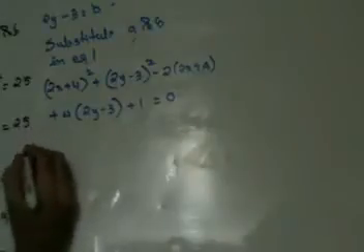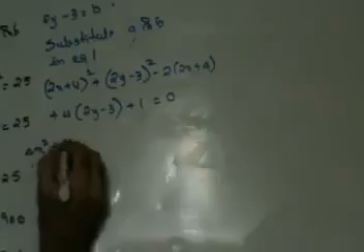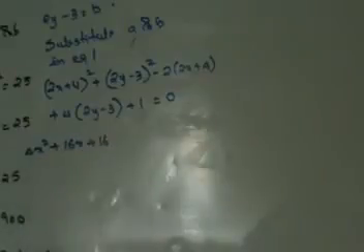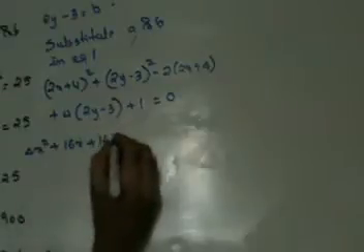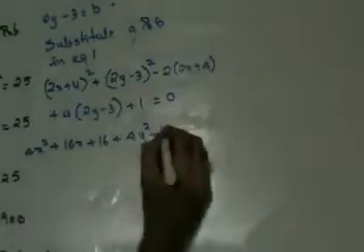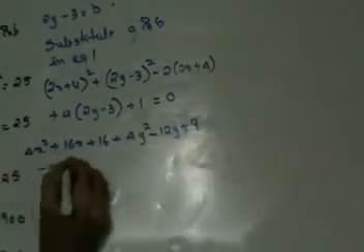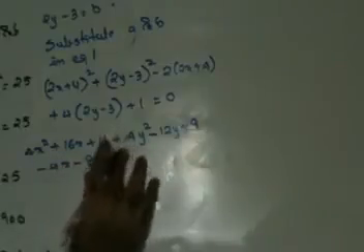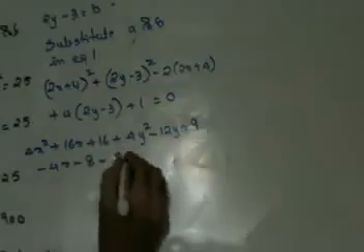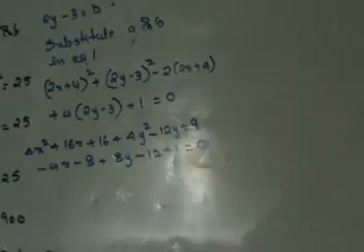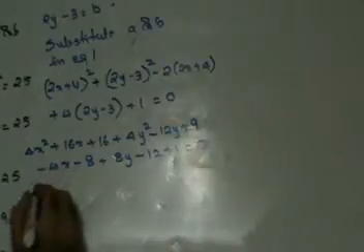This is (a plus b) the whole square, so this will be a square plus 4 to the 8 to the 16 plus 16 plus 4y square minus 3 to the 6 to the 12 plus 9 minus 4x plus minus 8 plus 4 to the 8, 8y minus 12 plus 1 is 0. So in which case you can therefore say that